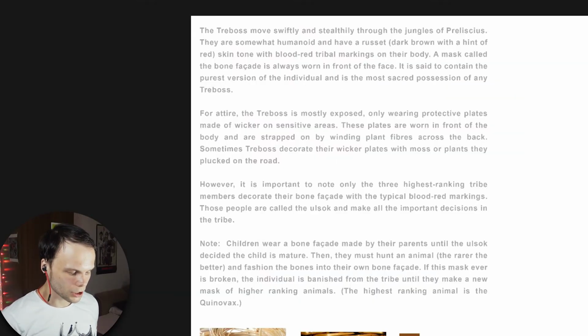Note: children wear a bone facade made by their parents until the Ulsoc decided the child is mature. Then they must hunt an animal. There we go, that's the thing about the mask. An animal, the rarer the better. And fashion the bones into their own bone facade. If this...